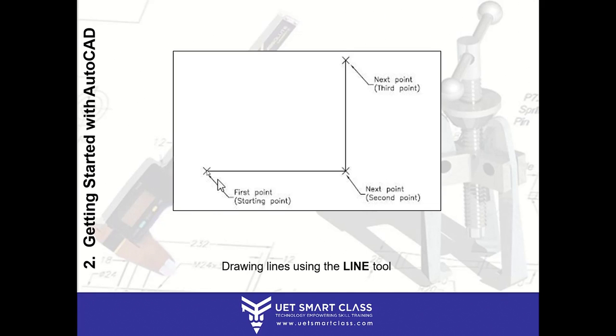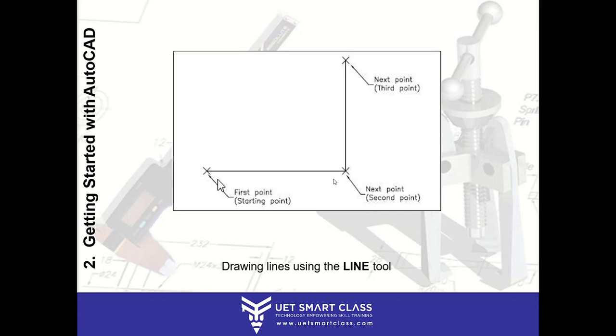Like when I press L and Enter on my command line, it will tell me to specify the first point. So I'll click on my screen. If it's without a grid, you can click anywhere. If it's on a grid, you can switch on the snap, and according to the snap, it will catch the grid point. You can click the first point here, there. Then move your cursor in the horizontal way. If your line is moving in different angles, then you can switch on the ortho mode of your AutoCAD.